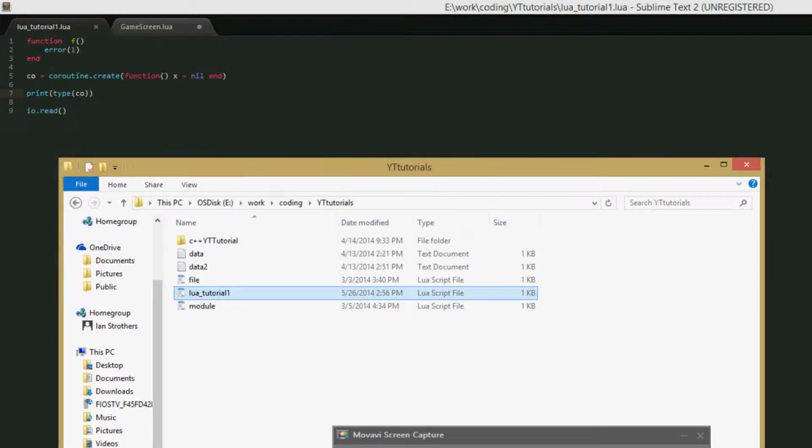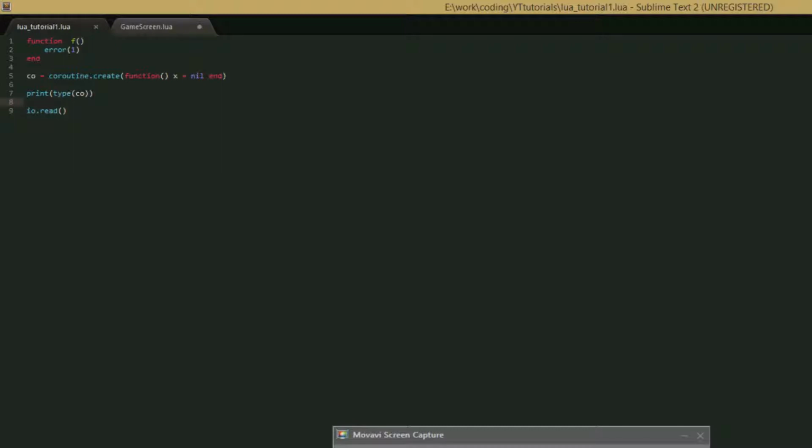Thread. So I guess coroutines are considered a thread by this function, which they kind of are. So that's the type function. So that's all the functions we have to go over. Oh, and one more thing. Just underscore and in all caps